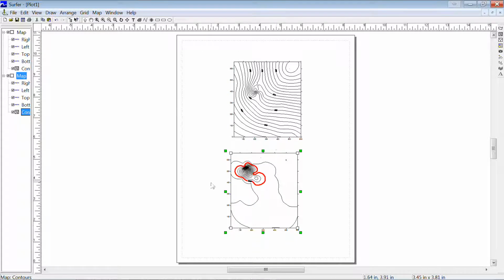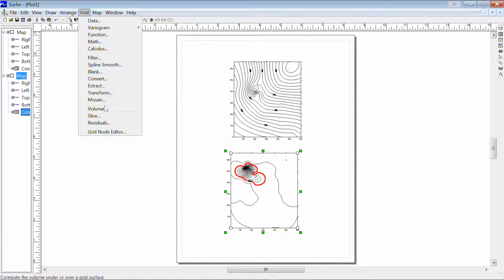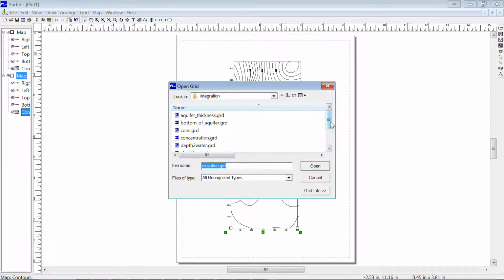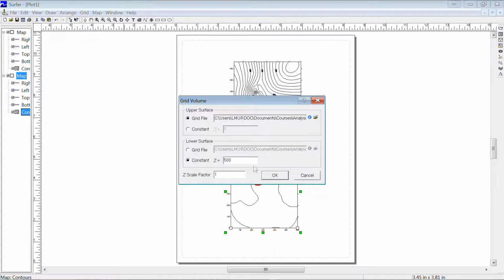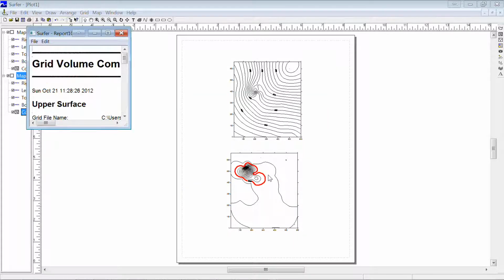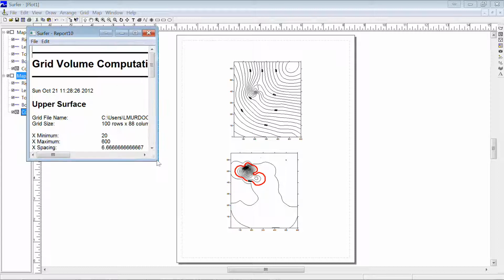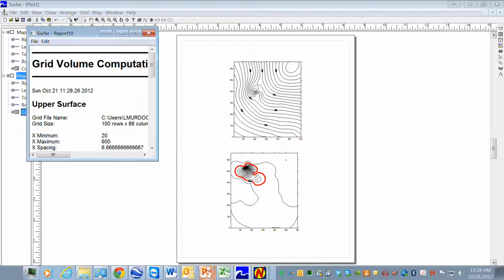Okay, so we've done the grid file of this, and now we'll go back to volume, and we'll integrate the concentration file. And now we'll do 2000 as the cutoff. Okay, so we're going to look at this in just a second, but I think we need to have a quick look at what the calculation is going to be. So I'm going to go back to the slide,